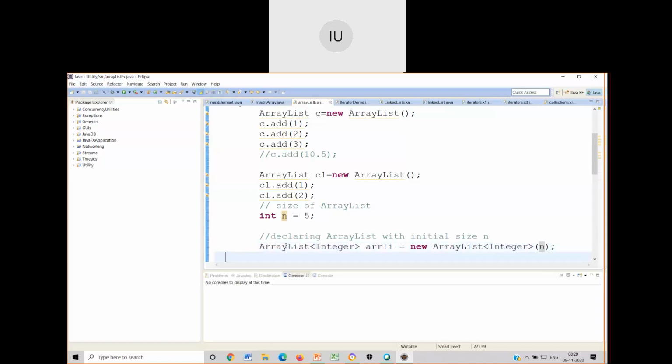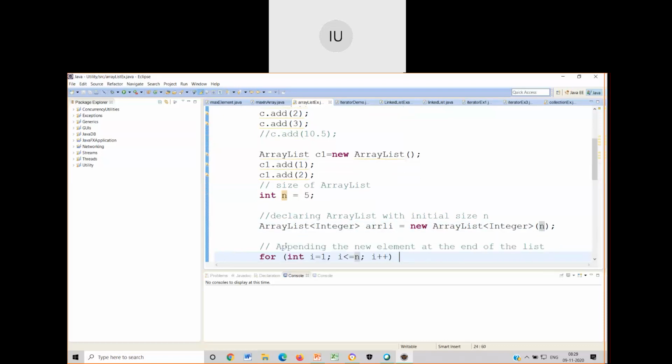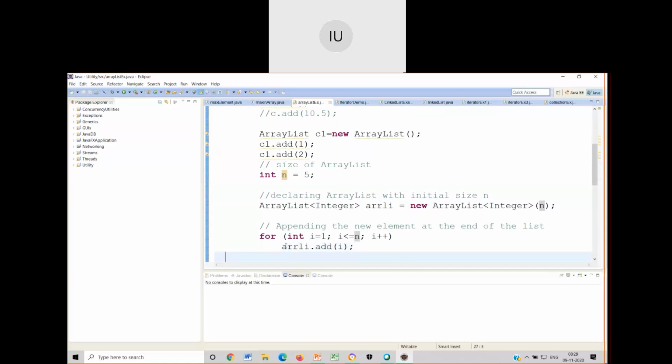Similar to arrays, you can have the initial declaration of the size of any collection class. But in the case of arrays, if you mention it, that becomes static. In the case of a collection class, that becomes the minimum capacity available. It may not be the case that you cannot add as many elements as possible later. It allows that. That is not at all a problem.